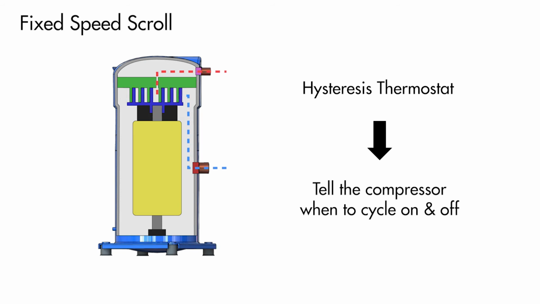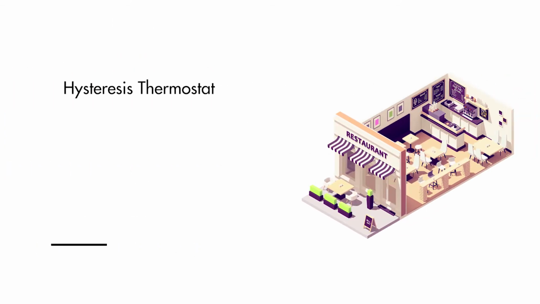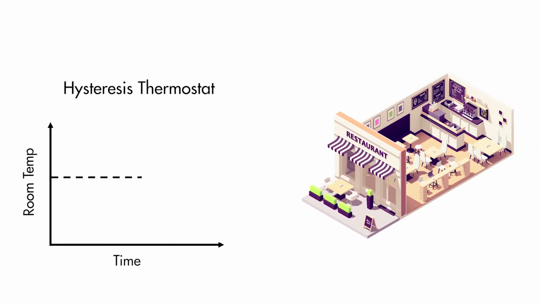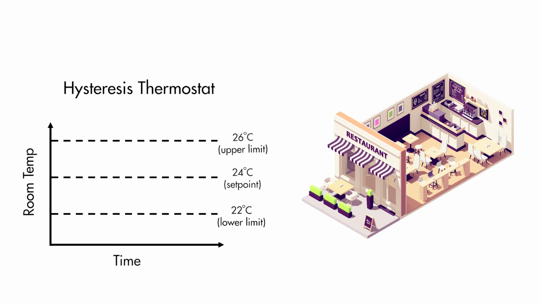These work by having acceptable upper and lower temperature limits which tell the compressor when to cycle on and off. For example, let's say a room needs cooling and the desired room temperature is 24 degrees Celsius. Here the upper hysteresis limit could be set to 26 degrees Celsius and the lower to 22 degrees Celsius. This means that the compressor will run and will provide cooling until the room reaches 22 degrees. At this point, the compressor switches off and remains off until the room warms to 26 degrees, where it turns